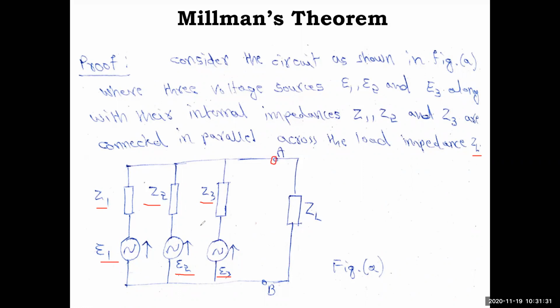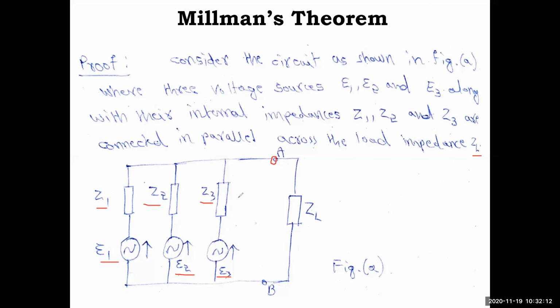Previously we used to convert it to current sources in parallel. Now, as per the statement of Millman's theorem, we are going to use the formula: E1 into Y1, where Y1 means 1 by Z1, E2 into 1 by Z2, E3 into 1 by Z3. Again, the plus symbol varies based on the polarity of the voltage sources, plus or minus. So we are going to find that and replace it with a single voltage source in series with Z. Then we can connect it back to the load and calculate the current in the circuit or voltage, whatever.